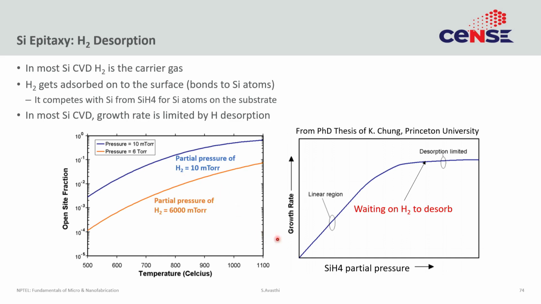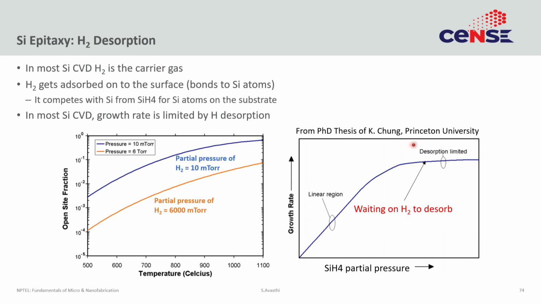So if you now look at growth rate as a function of silane partial pressure, you actually get this sort of curve, where initially you get higher growth rate, which is what you would expect from a simple CVD process. The higher the partial pressure, the higher the growth rate, great. So this linear region is what you expect. But at some point, it becomes sublinear and then becomes self-limiting.